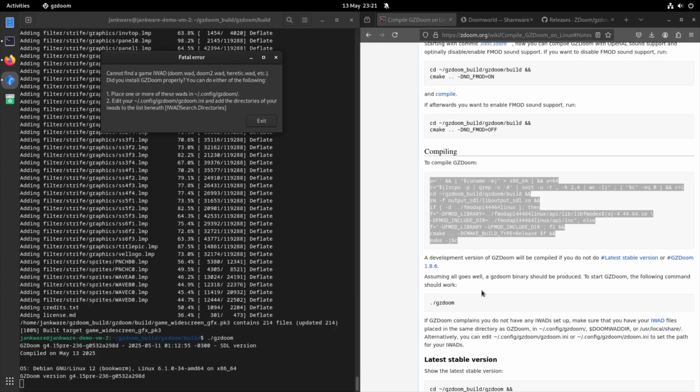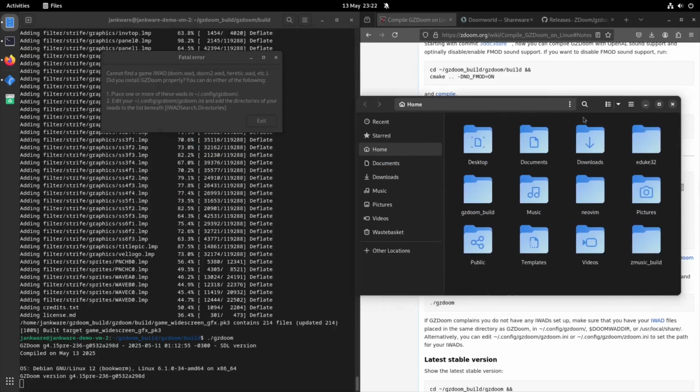And this is kind of how Doom is modded: people add their own IWADs or use existing parts of the existing Doom or Doom 2 IWADs. So we don't have one currently. Well, we do because I downloaded it. But if we go to my downloads here,